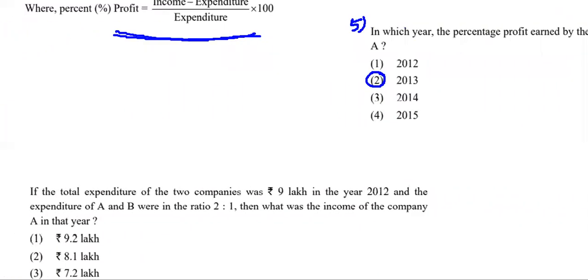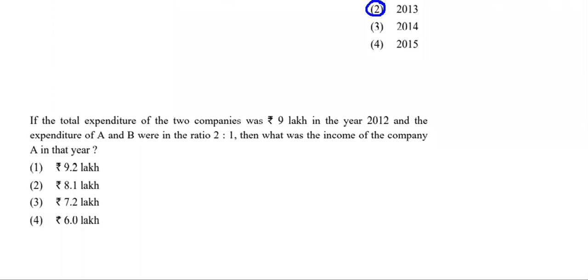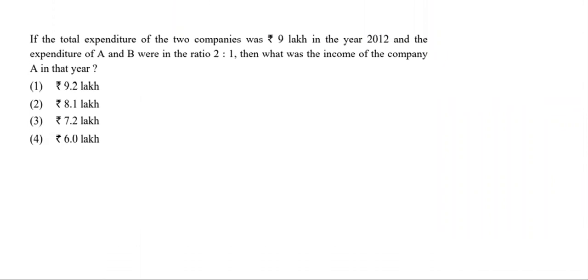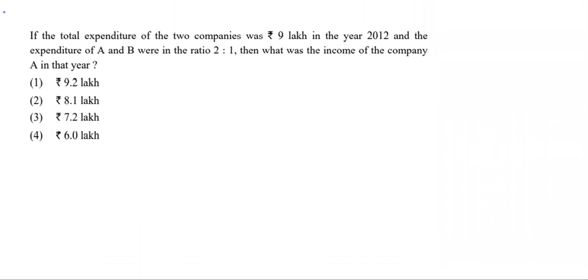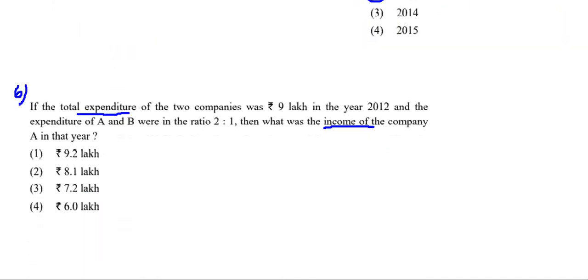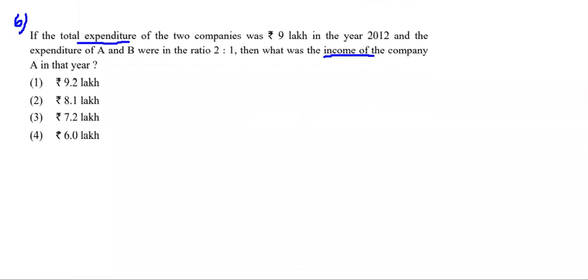One last question we have, question number 6. Let's see this question. Let's have enough space to solve it, because by looking at the question itself, it's easy to say this question involves expenditure, income, and all these values. So we may have to use the above relation which is given in the question. Anyway, let's see what is given in the question.